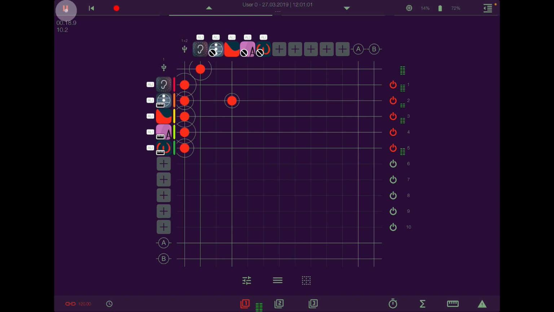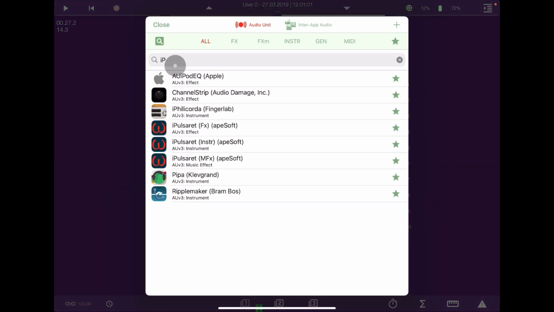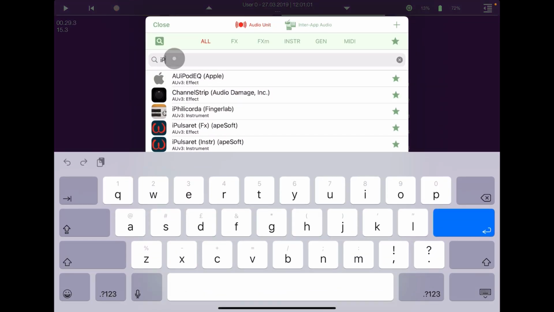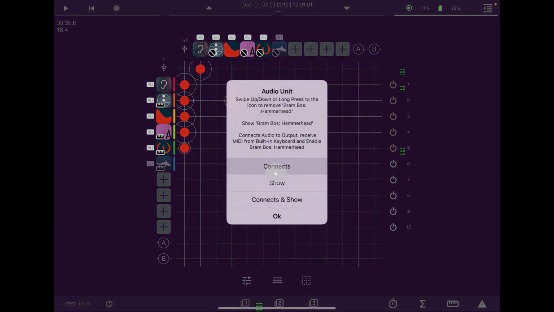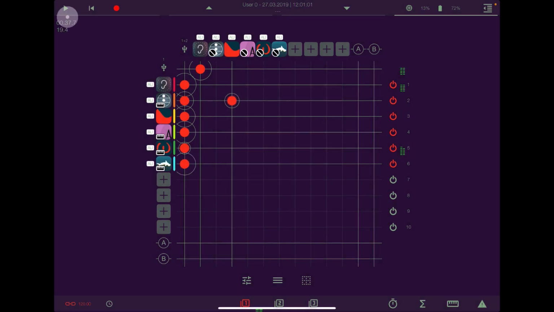And one more thing. Now this is self-generating sound, so we can turn it down a little bit. If we wanted to add, say, let me try and search for hammerhead. Okay, cool. This should give us some drums. Connects. If we press play,